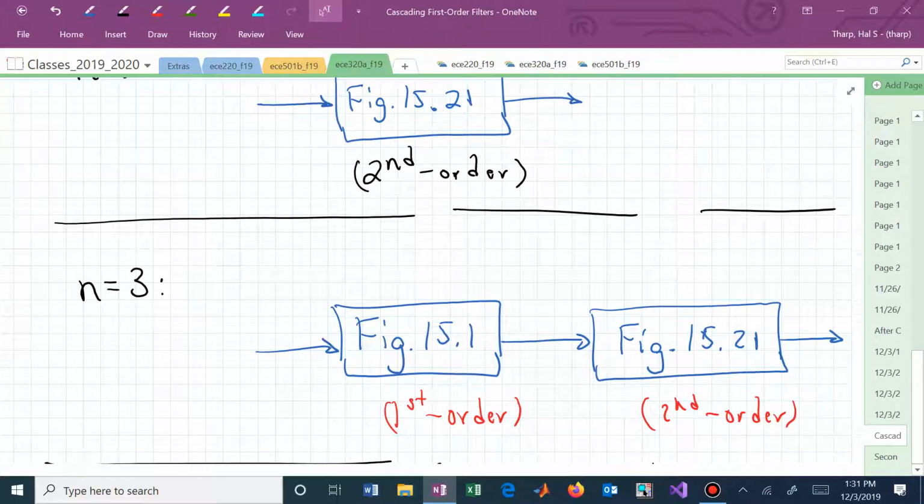For example, for a third order, this is no longer s squared plus the square root of 2s plus 1. That was what it was for a second order and a second order only. Now we go back to